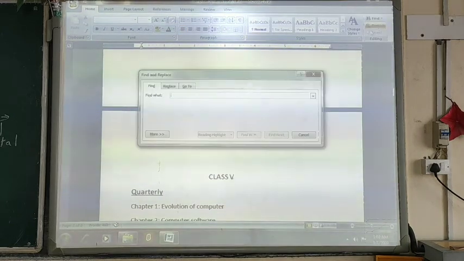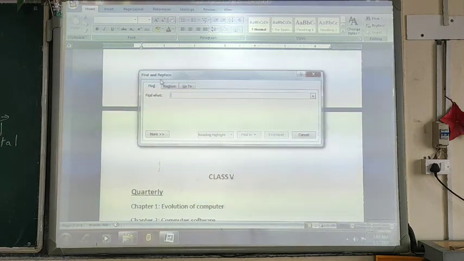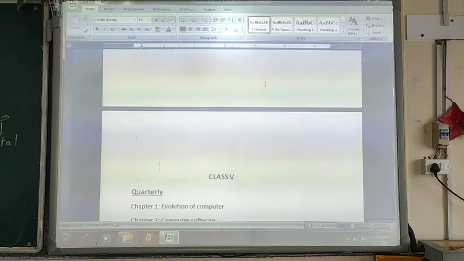As you click on the find option, the find and replace dialog box opens. Or another way to use the find and replace option is to use the shortcut